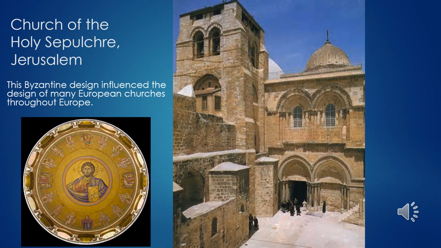But what's also significant is the bell tower. Remember how I said they would do processionals during this time, similar to how the Athenians would do processionals around the Parthenon instead of going into the building to worship. In this case, the priests would lead processionals out from the bell tower and around the church. And so the bell tower becomes synonymous with the Church of the Holy Sepulchre and causes more bell towers to be built for churches back in the West, or back in Europe again as well.